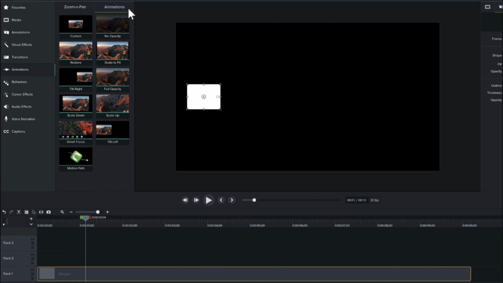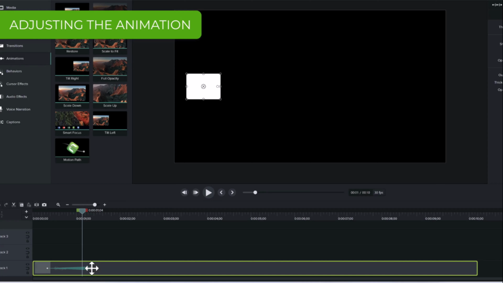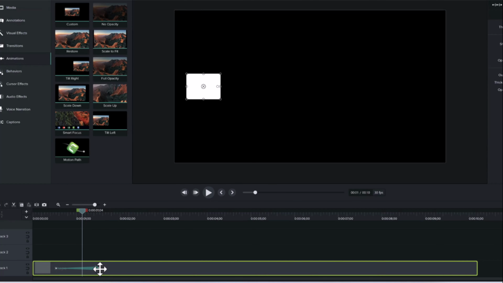We have some out-of-the-box animations like Scale Up, Smart Focus, Motion Path, Restore, and more. Let's build a custom animation for now to get to know the basics. I'm going to click and drag on a custom animation. Once you drag an animation to the object, you'll notice an arrow placed on the object with a circle at